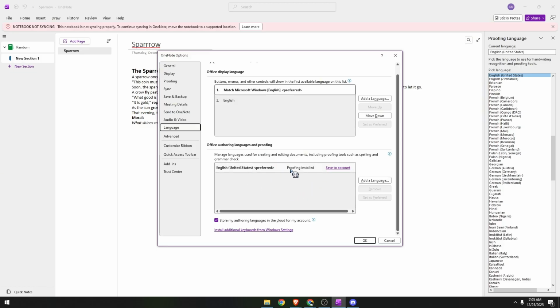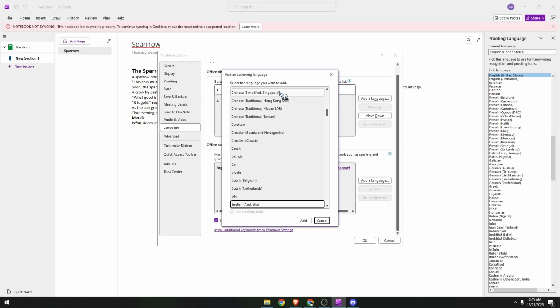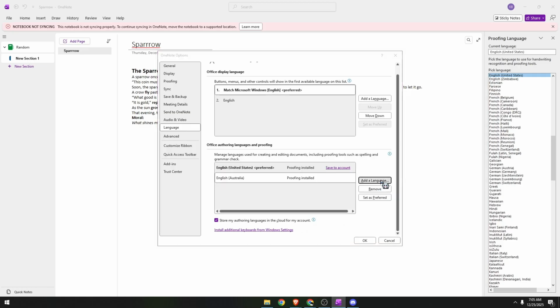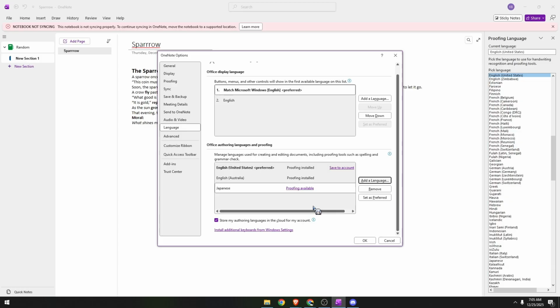If it's not listed, you can click on Add a Language and install it. So you could just type anything, for example, English, let's just say Japanese. We can easily add those. Japanese, click on Add, and then once you have selected your language, click Set as Preferred and then press OK